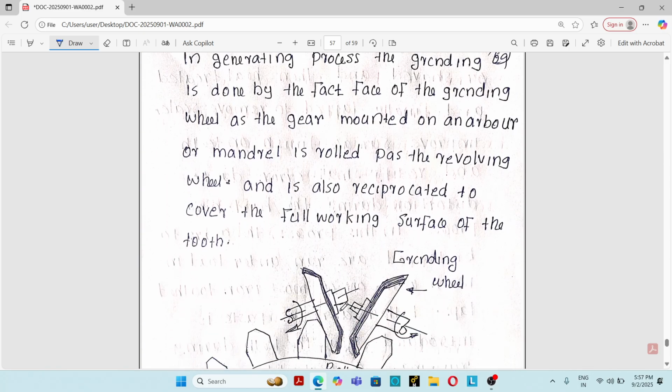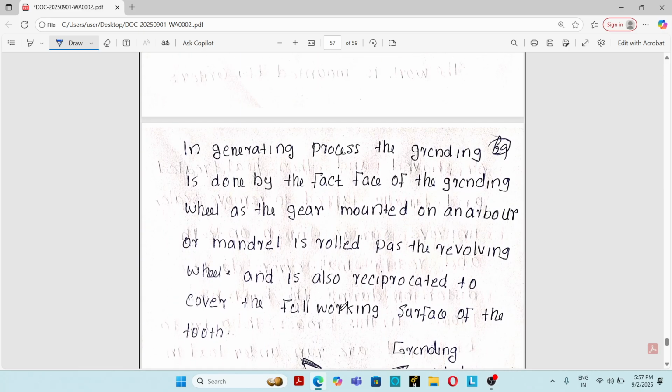Then the second process is the generating process. See, in generating process, what's the common principle of generating process? The metal cutting takes place by the relative motion between the cutter and the workpiece. In generating process, the grinding is done by the face of the grinding wheel as the gear mounted on an arbor or mandrel is rolled past the revolving wheel